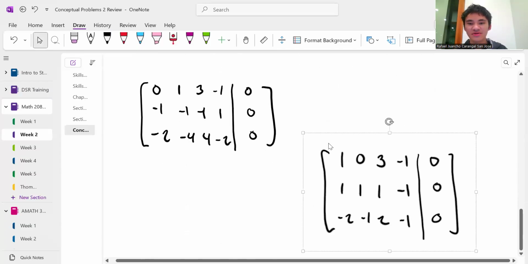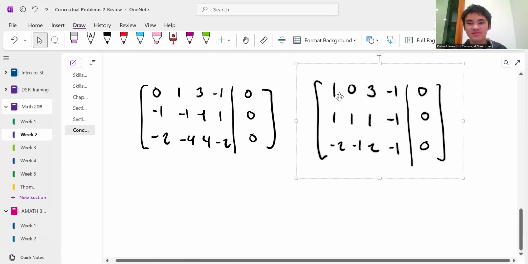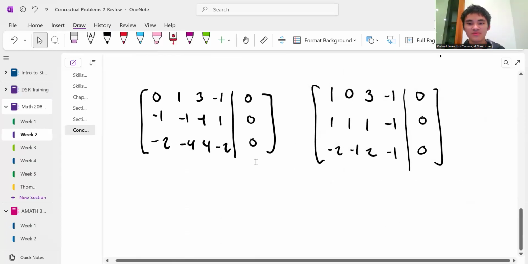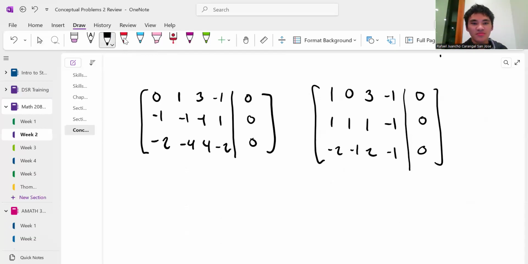So you just have to stare at it for long enough, then we will see there is something going on here. Right? What do we notice here? Well, for one, maybe they have similarities here. That's one. But maybe we want to make all of these -1, this column. So how do we do that? Well, for one, we can do elementary row operations. We can convert this to a -1. So this would be positive. If we multiply row 2 by -1,